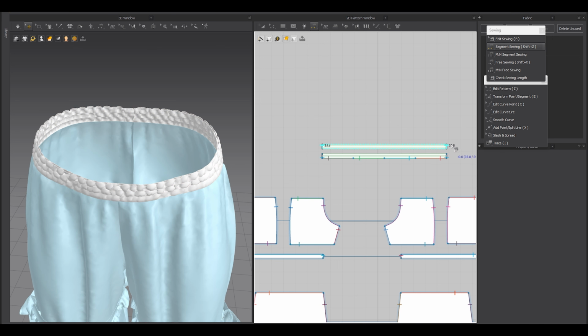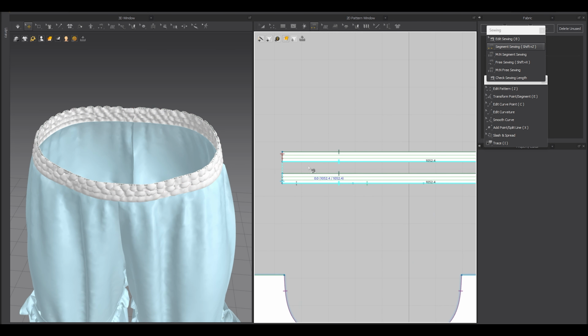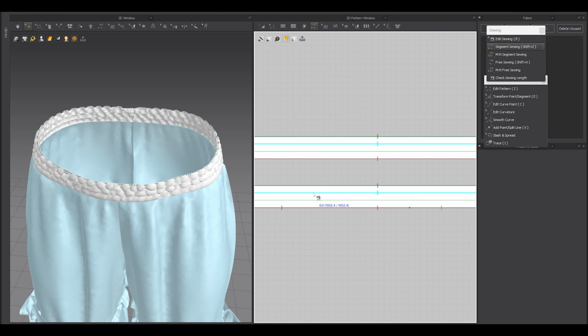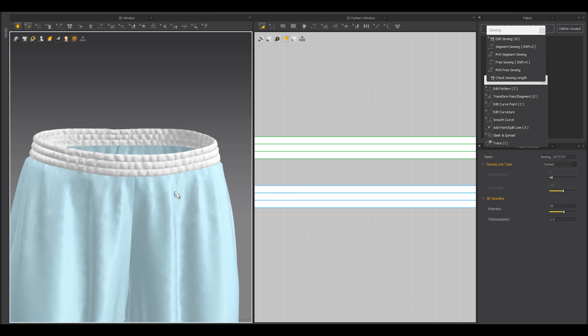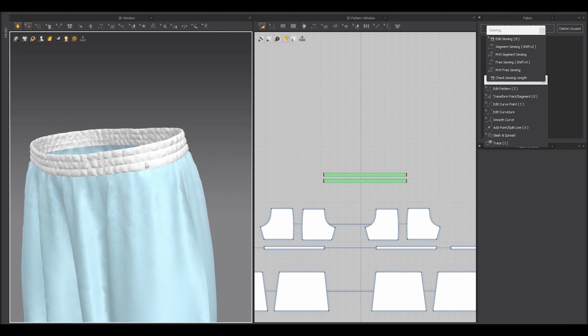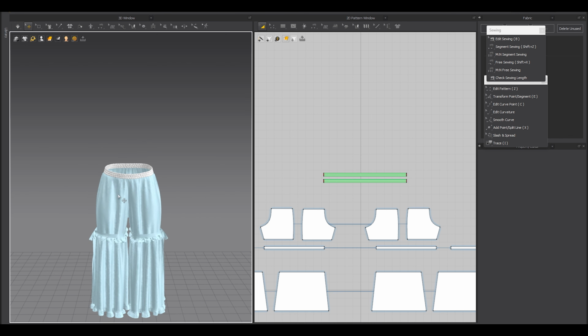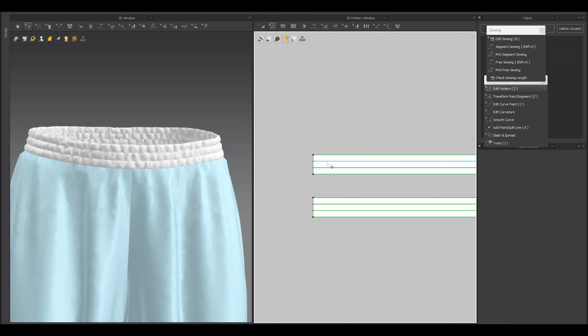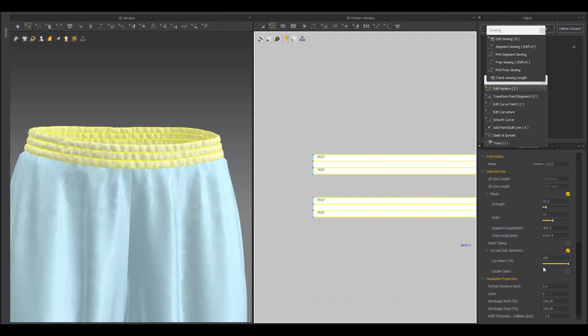and sew like this, top to top and bottom to bottom, also the internal lines like this. Oh, let's see, yeah, like this, and simulate. Now select everything and make sure to add thickness 1, and you'll have some elastic effect, but I think it's a bit overdone. I mean, it's not bad, but